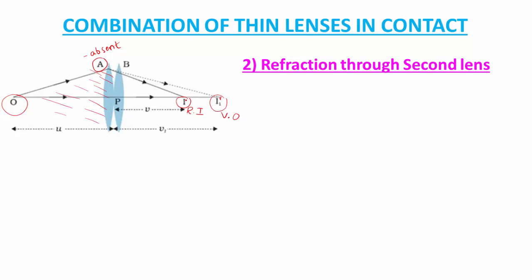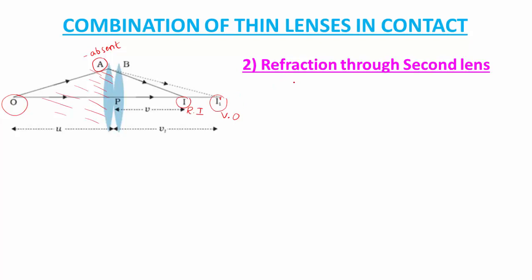So where is the object? The object is invisible, so I am going to consider a virtual object. What is a virtual object? When a converging beam of light falls on any spherical surface, refraction of light takes place. But when it is extended in the forward direction, it meets at a point. Now that point is taken as the virtual object. So this is virtual, meaning this object is not real, right? So we just considered virtual object VO.